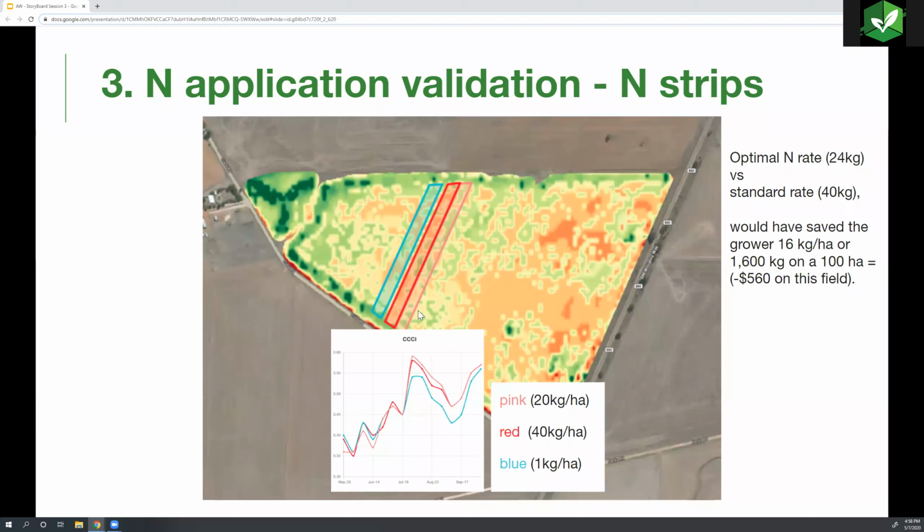And for all of you who also took part in the hands-on component of the course, this means that you can do it retrospectively. You can take your last year's crop and have the CCCI in front of you. So this is a good replacement of the yield map, which you might not have had, or that you have not had calibrated. Here, the second point is that you can take into account